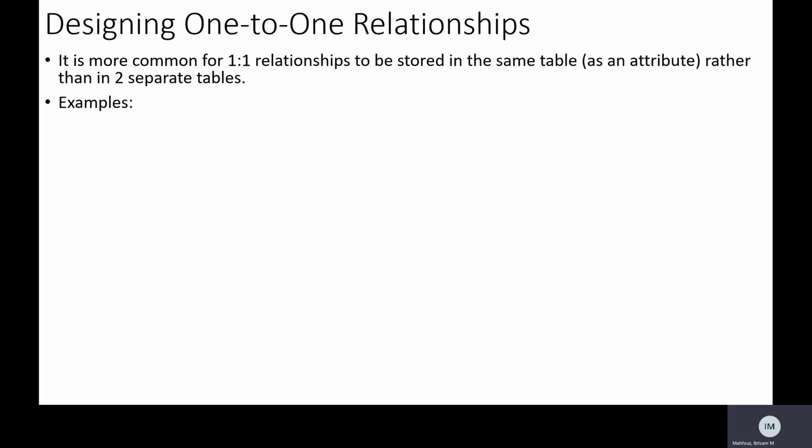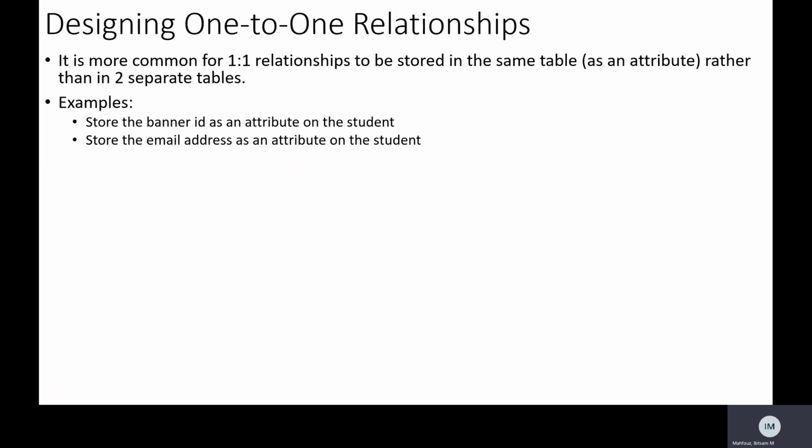which entity has one of the other, you can actually just store it in the same table as one attribute. So when you have entities that have a one-to-one relationship, you really don't need 2 tables. You can just leave it as an attribute in one table. For example, if you have a student object, you can store the banner ID as an attribute, just an extra column in the student table that stores the banner ID. If you have a student assigned only a single email address at a school, we can store that email